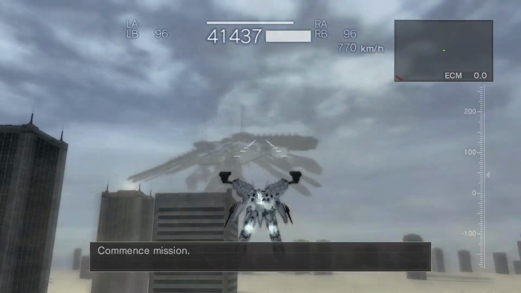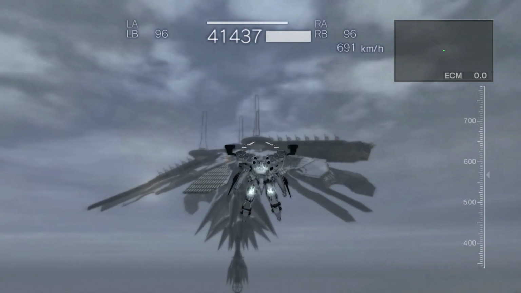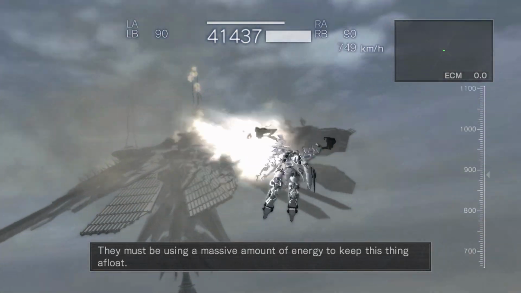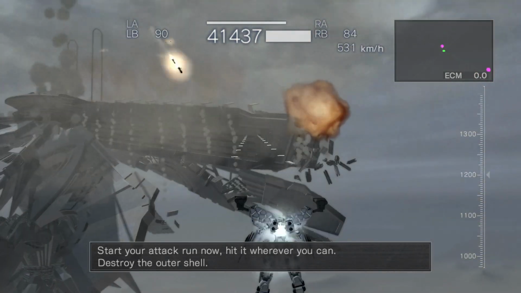Commence mission. Destroy the arms fort answerer. So you want to focus on the different weak points. So if you target these dishes, a massive amount of energy to keep this thing afloat. Start your attack run now. Then destroy some of the weapons on the side. It